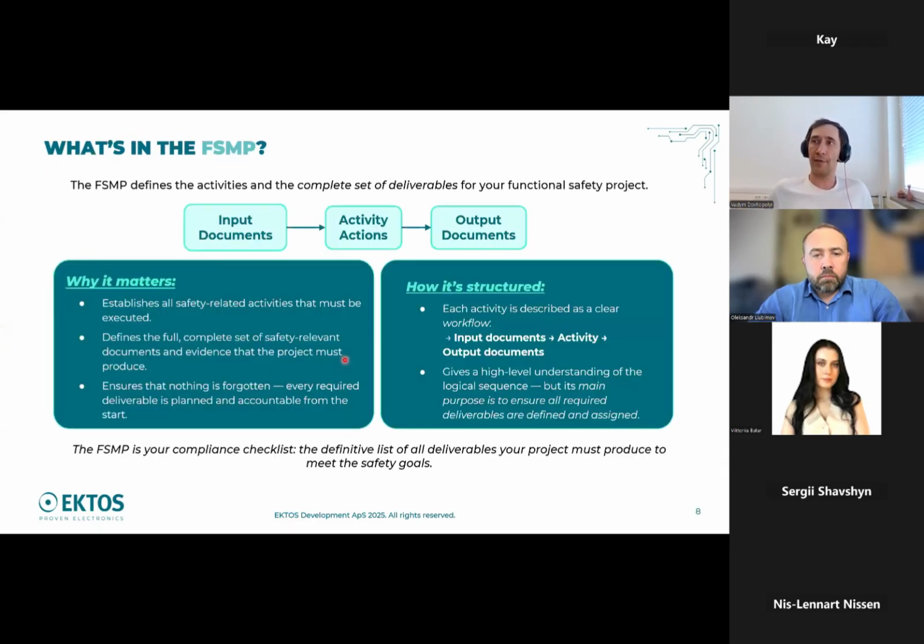Okay, what is inside the FSMP, or Functional Safety Management Plan? We have to distinguish two things here. The first one is the activity, what we are doing now, and the document which this activity produces, and also what documents we need to execute this activity. For example, if we're talking about architecture design, the input is the safety requirement specification, the activity is designing the architecture, and the output of this activity is the architecture design document. And this way